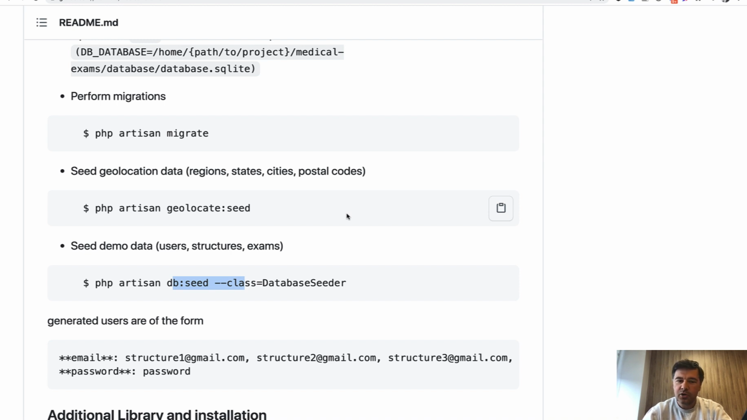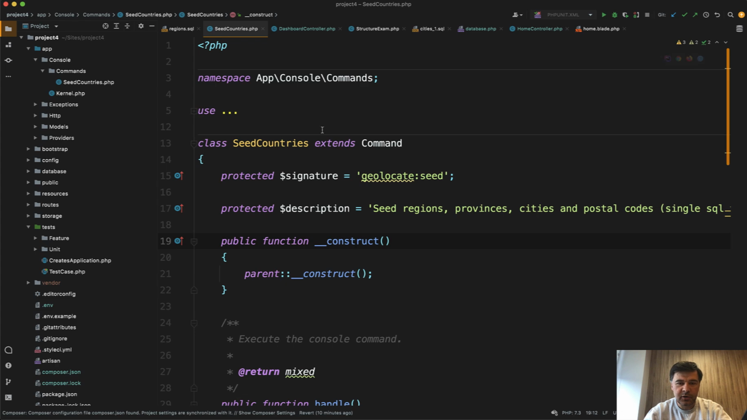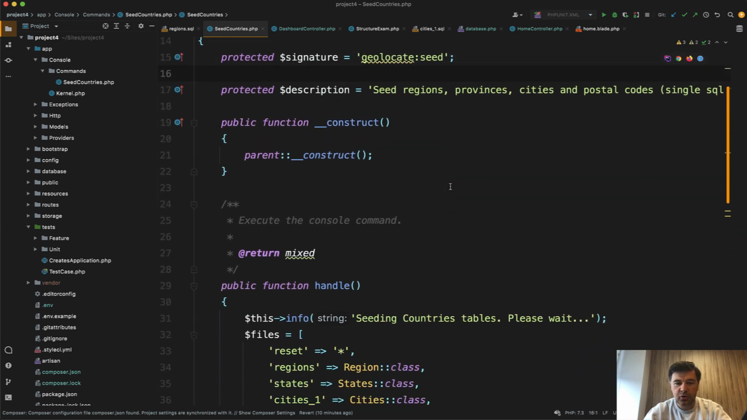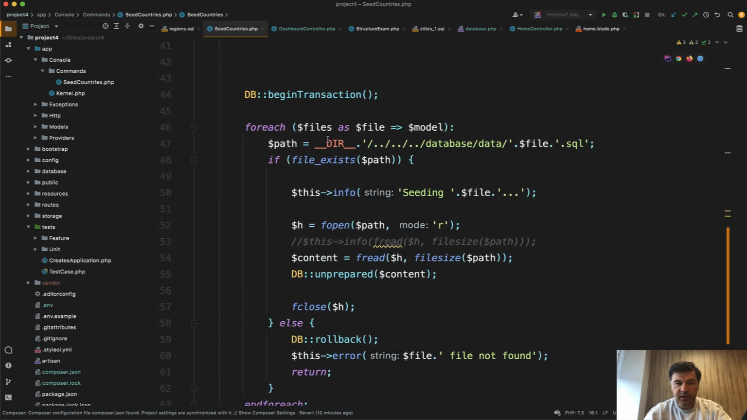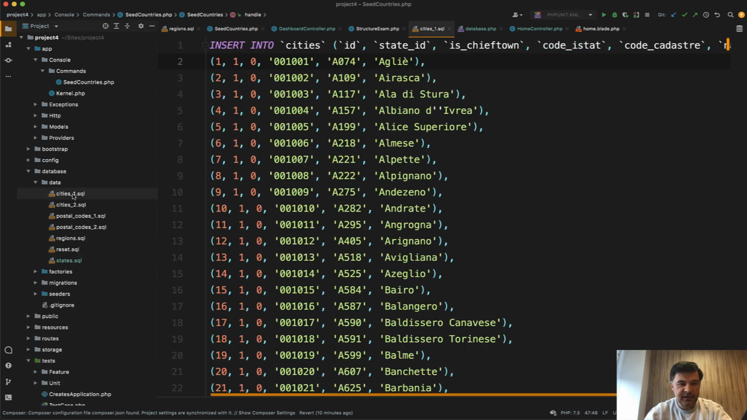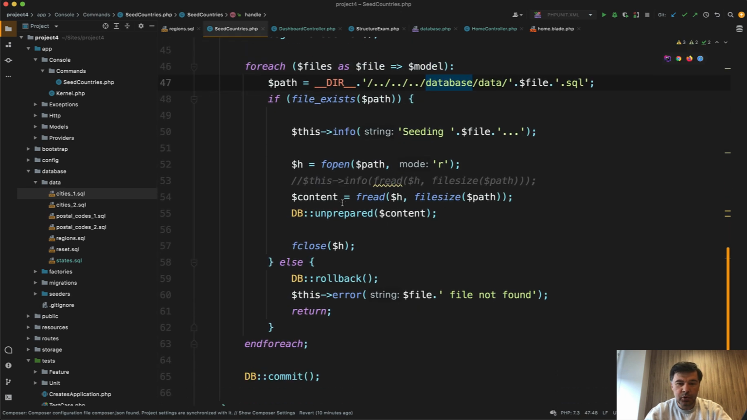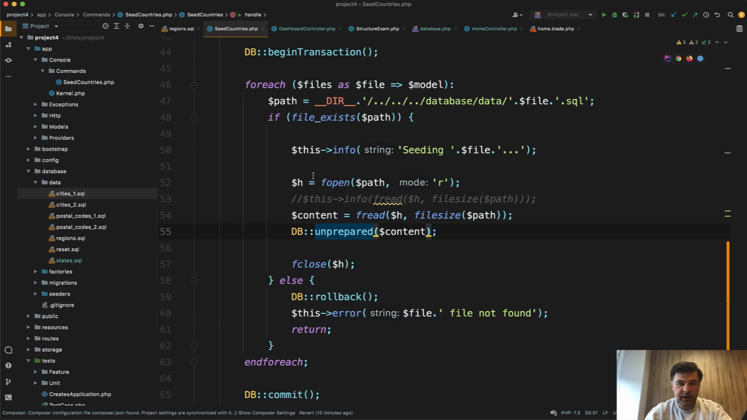I thought, couldn't we change those SQL files into typical Laravel seeds? And we can. So that terminal command of geolocate seed actually calls a lot of SQL files like this from the database data folder. There are SQL files like cities, for example, and then it is importing them one by one with db unprepared, transaction, and rollback. But that is not really the Laravel way to do that. I would like to run PHP Artisan db seed and have everything seeded without having the SQL files up front